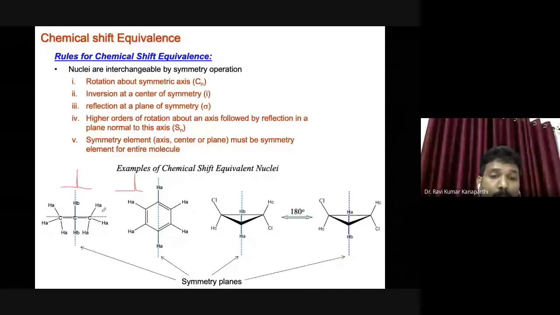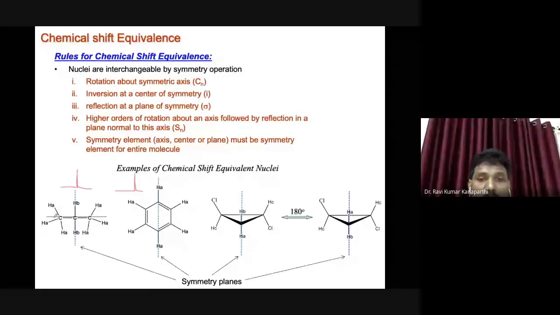Splitting, if you want to measure it, there are three nuclei on each side, so total 6 plus 1. So you will see a separate signal for the HB at one place, a septet. That is different. But these two, this methyl and this methyl, both will resonate at one place. Why? Because both have only one neighbor, that is HB. So they will resonate at one place. So these methyl group protons are said to be equivalent protons.